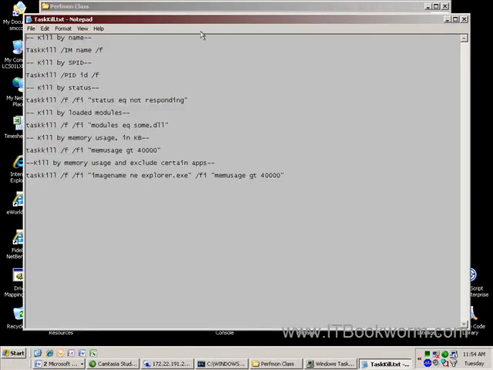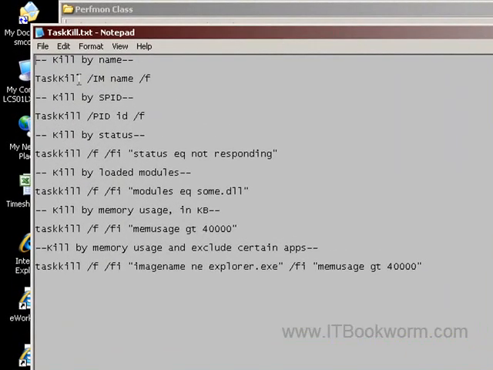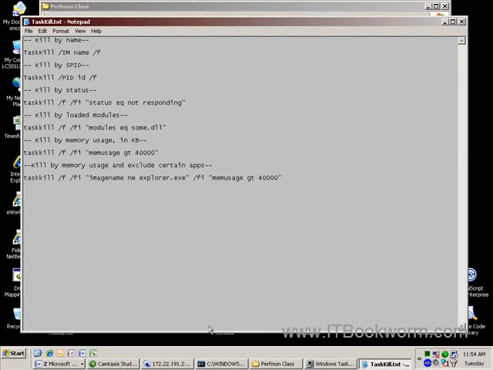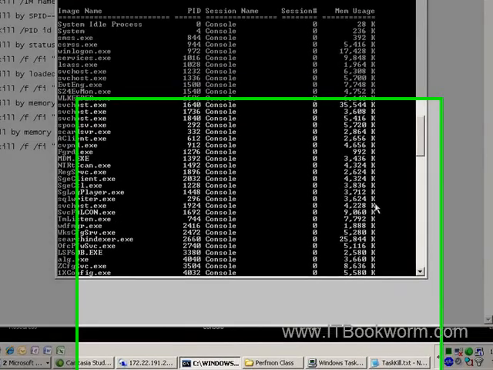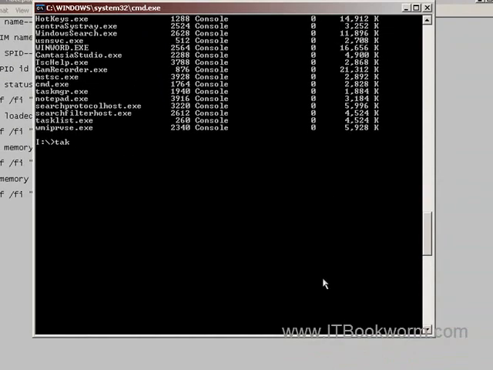Now, Taskkill is a little bit more robust, okay? For one thing, you say Taskkill /im, which is the image, and then you give it the name of the image, and /f means force. Okay? So I should be able to come in here and say Taskkill /im